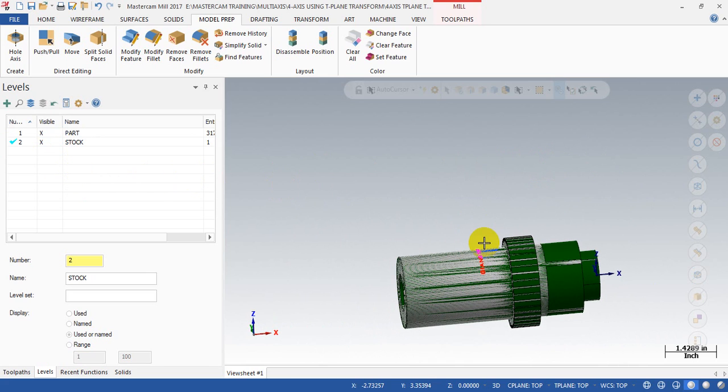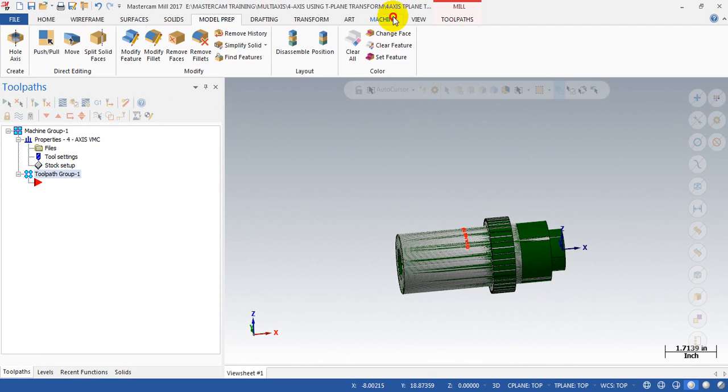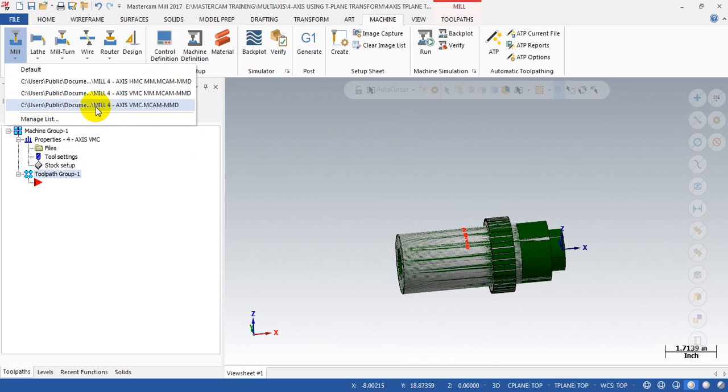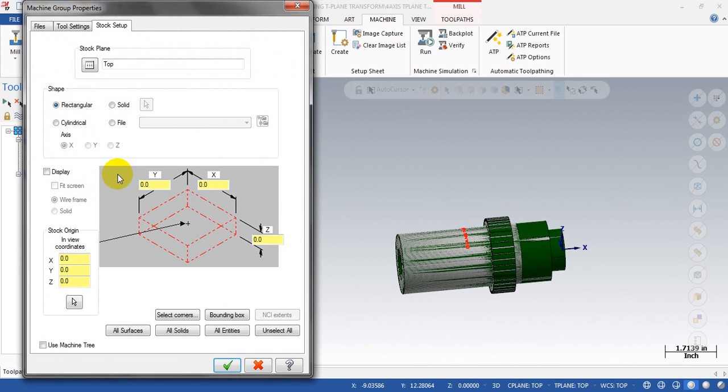Okay, so we have both the stock and the part. So I'm going to the toolpath here. Before you do the job, you need to select the right machine for the job. For this job, I can select the Mill 4-axis VMC machine. Okay, you can see here this machine I have selected, and then I will use the stock setup to define